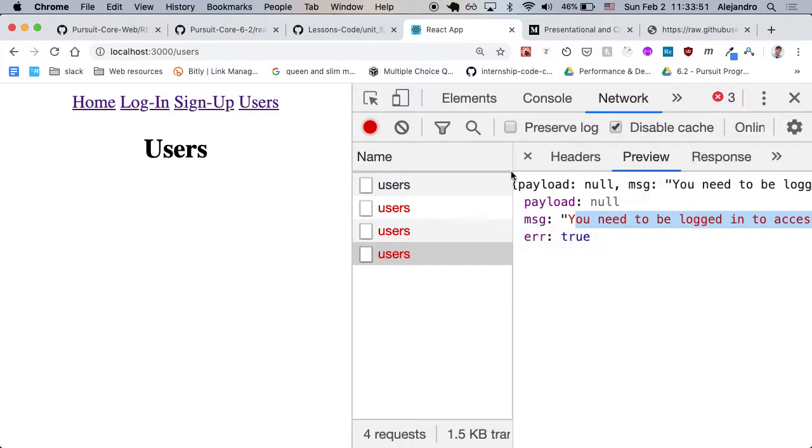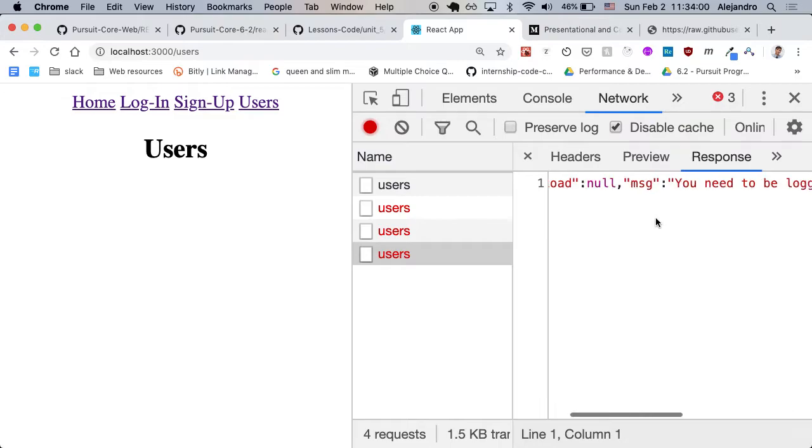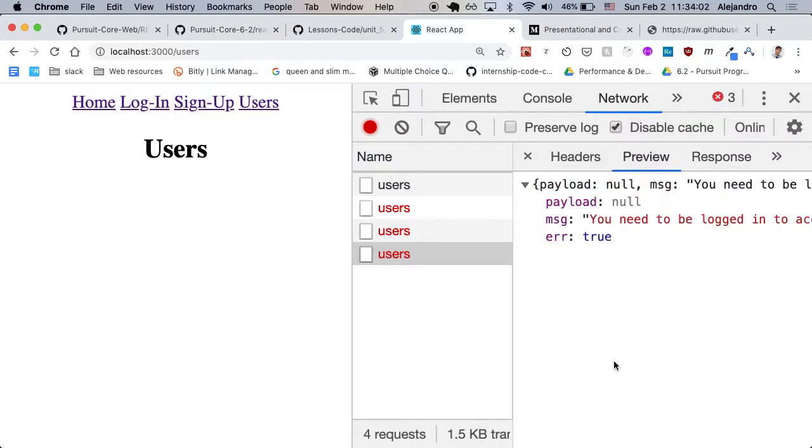Yeah, in here, when you're inspecting the response, you got response and preview. These two are the same thing. Preview is a pretty version of the response. Response is the raw thing. Okay, so